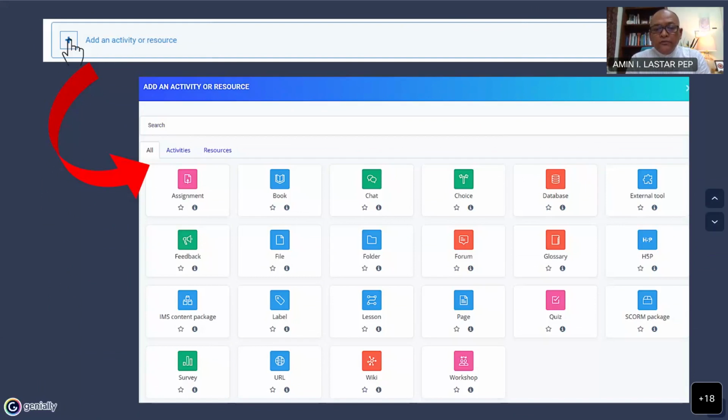Most of the blue buttons are for the learning activities, meaning you can choose any of those blue activities for learning and digital learning, while green and orange are for the teaching and learning activities.